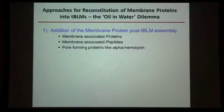So the first thing we were able to do, and there's a couple of examples of this that I'll show you, is you can add, if there's a membrane protein that's associated with the surface of your bilayer, these can be added after the bilayer has actually been formed. And so you can create the bilayer, exchange the buffer, and this, as I'll show you, has turned out to be a fairly robust and routine way to measure what happens to membrane proteins when they associate with surfaces,